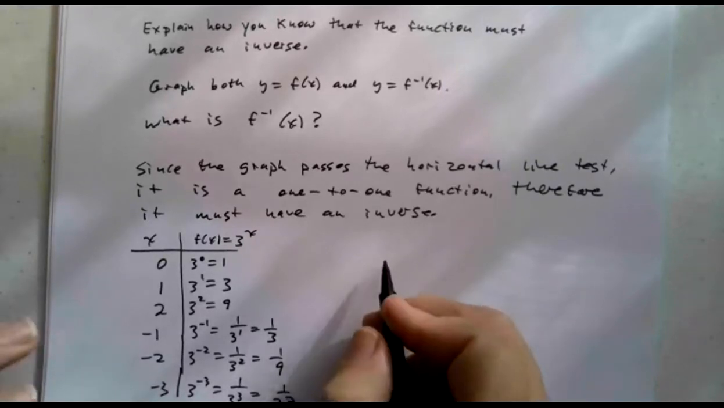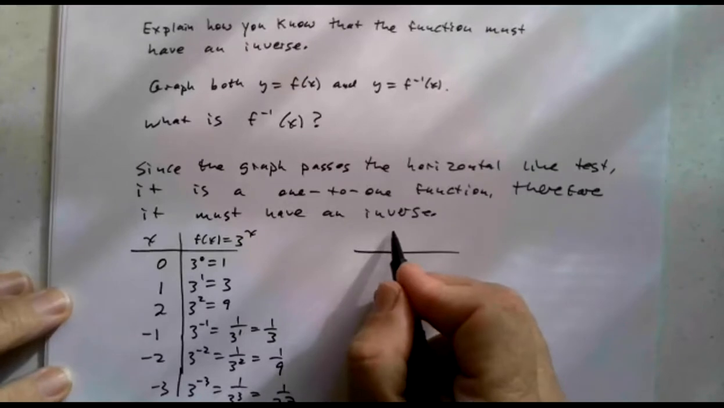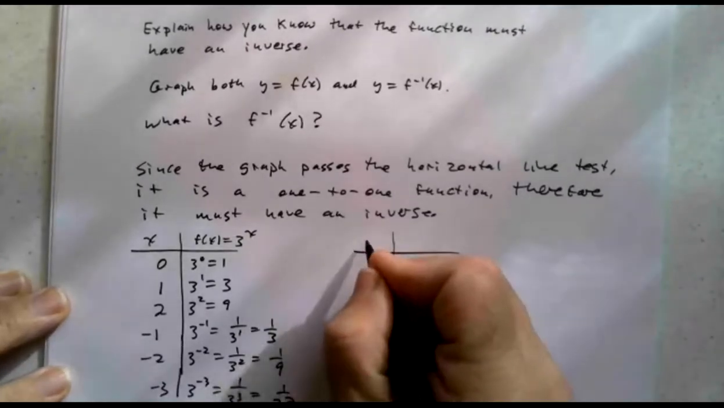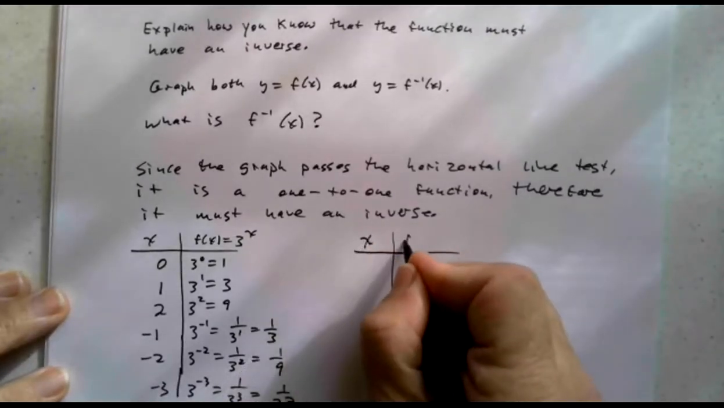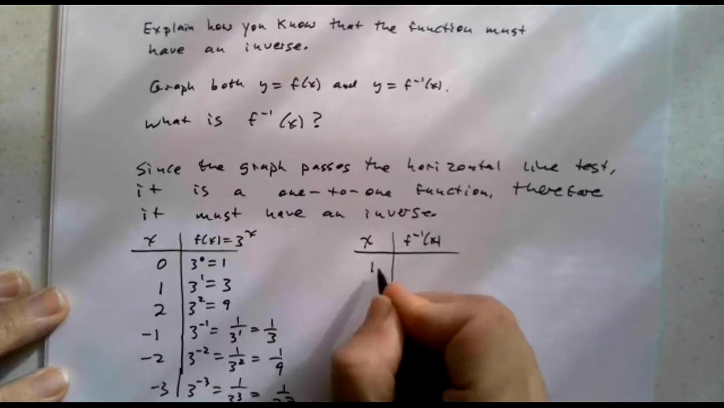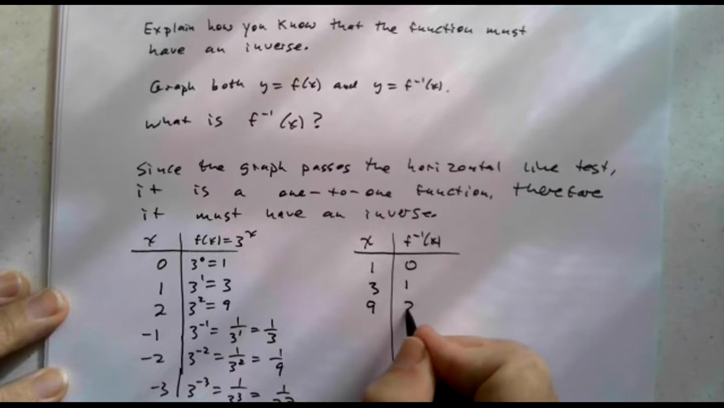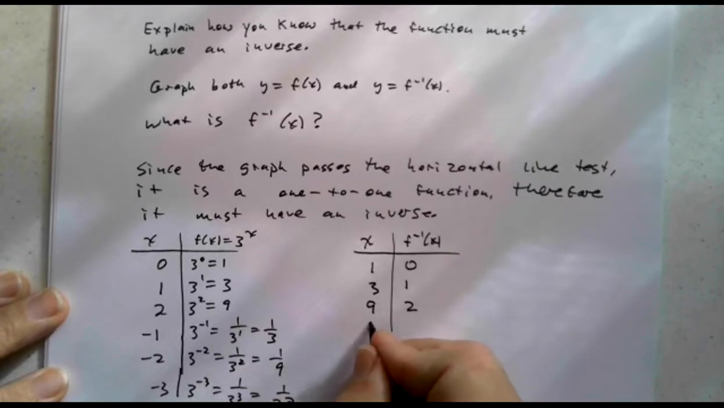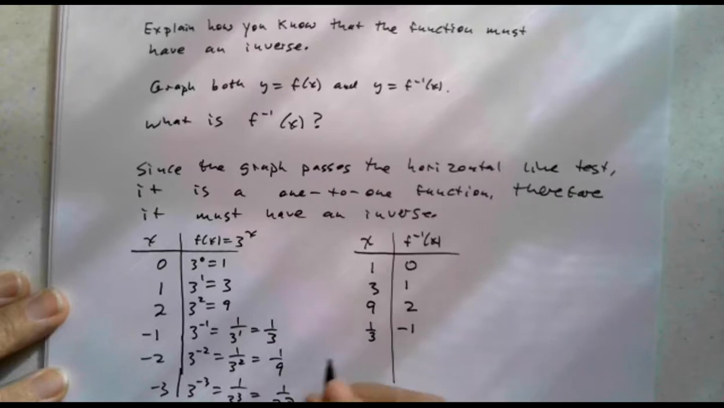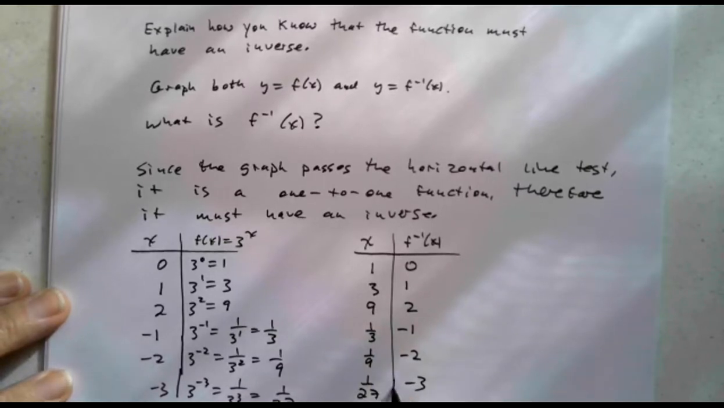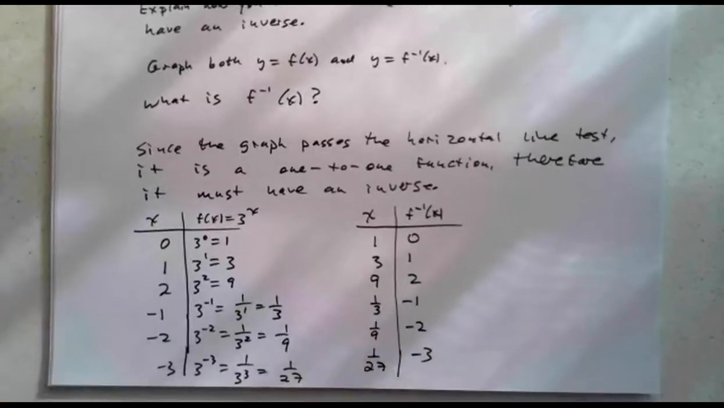To get f inverse of x, of course, we know we switch x and y. So what was x becomes y. What was y becomes x. So we had 0, 1. This now becomes 1, 0. We had 1, 3 becomes 3, 1. We had 2, 9 becomes 9, 2. We had negative 1, 1/3 becomes 1/3, negative 1. We have negative 2, 1/9 becomes 1/9, negative 2. We have negative 3, 1/27 becomes 1/27, negative 3. So let's go ahead and graph all of those points on Desmos